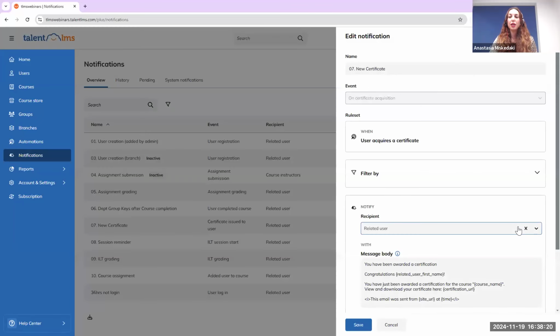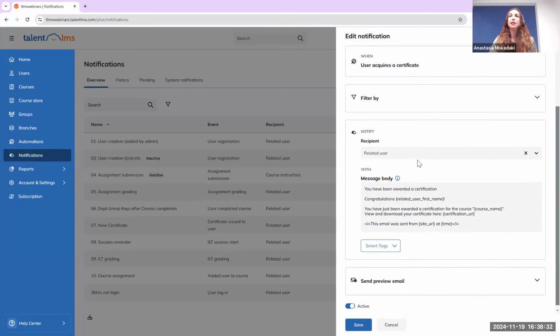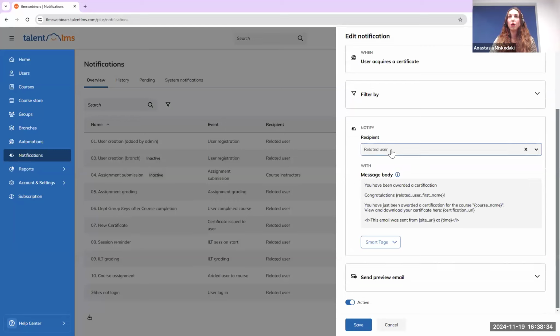This is where we celebrate when a user acquires a certificate. So the name of the notification is new certificate. The event is on certificate acquisition. And recipients are going to be all the related users, meaning all the users that are added to a course and acquire a certificate. And this is where we create the message that is going to be sent out to